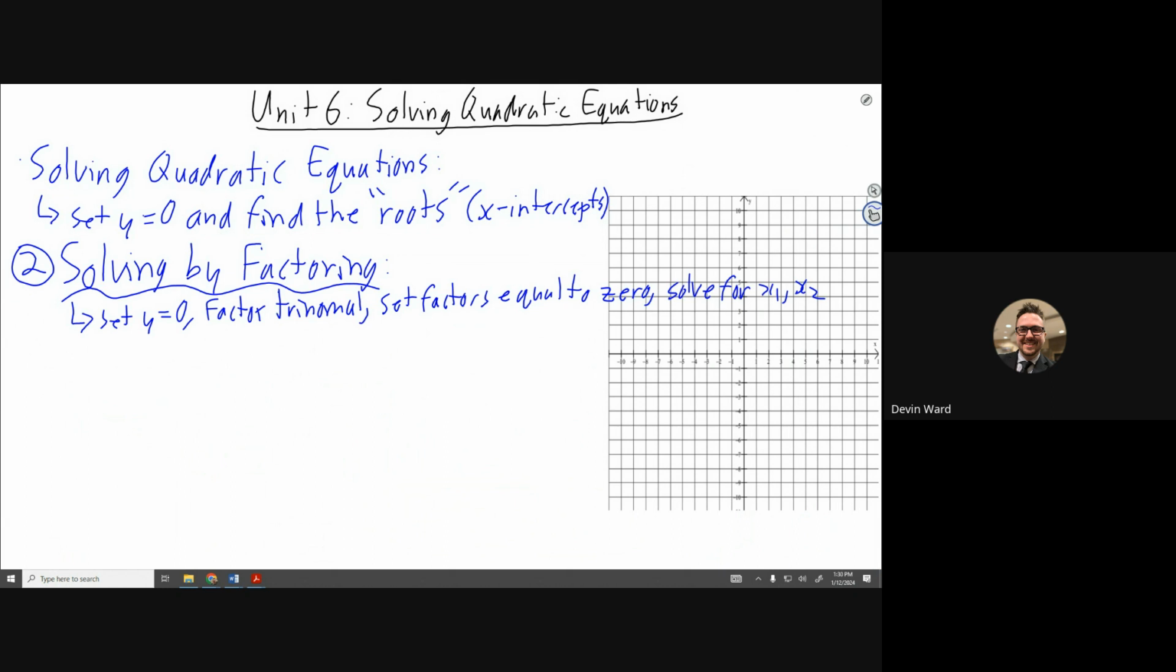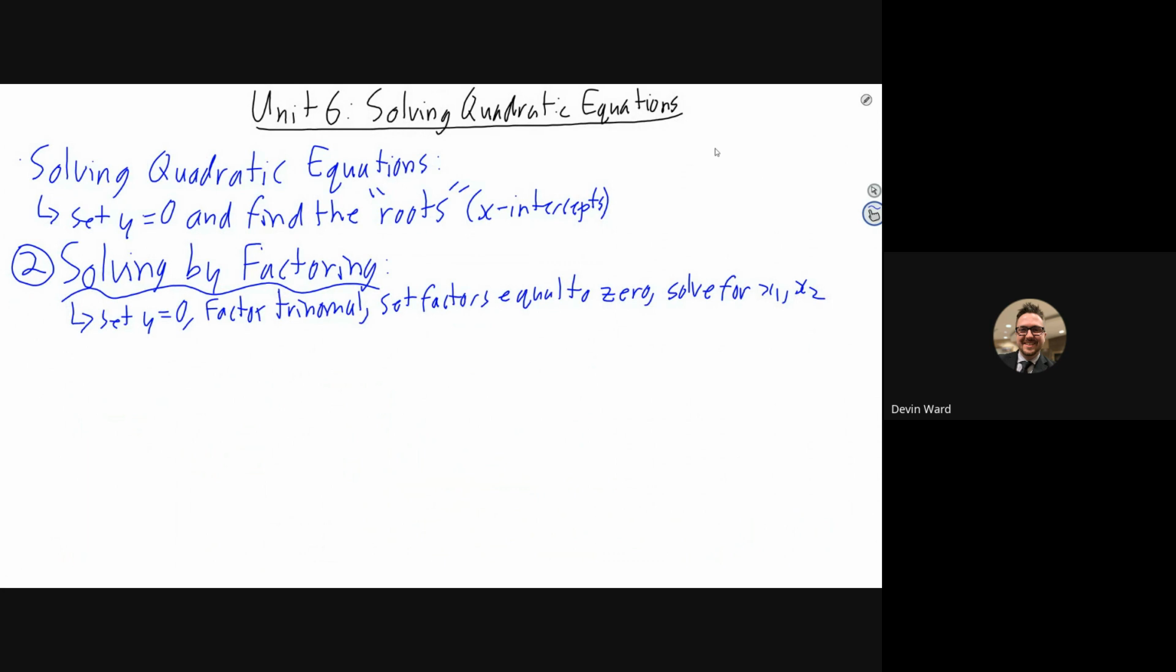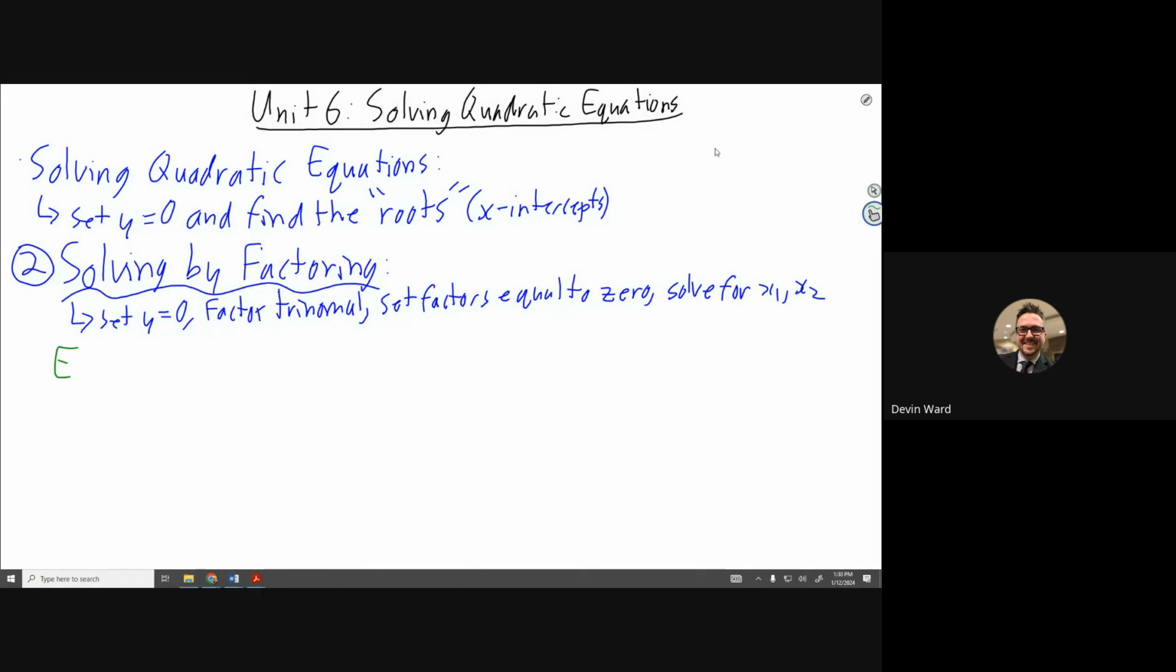Okay, so in this case, what we're doing is we set y equal to 0. Put it in the form of a trinomial if it's not already. Then factor it, set the factors equal to 0, and solve for x1, x2. So for example, let's say,